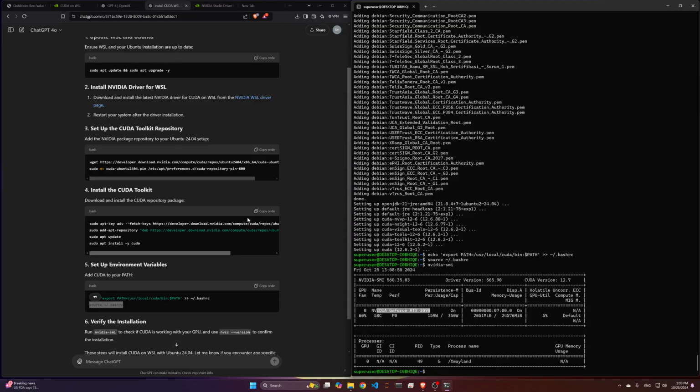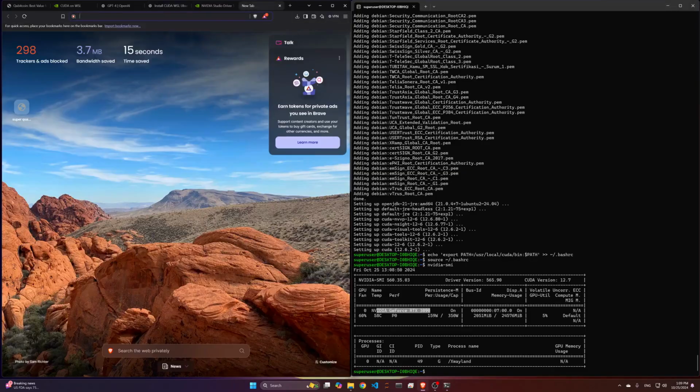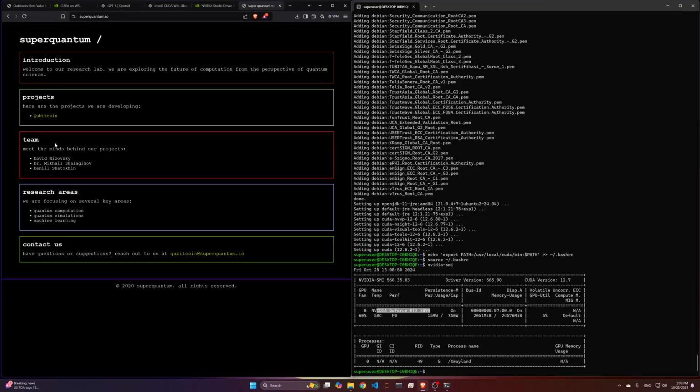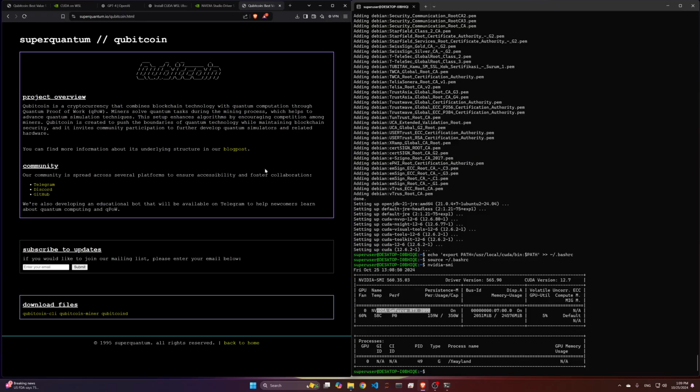Next is to download already pre-built packages of qubitcoin node, qubitcoin wallet CLI, and CPU miner. They are already located on the superquantum website, so to do that we will just go to superquantum.io. In the next videos I will explain how to build your own packages. So here you have already pre-built files, so we will just download them all,